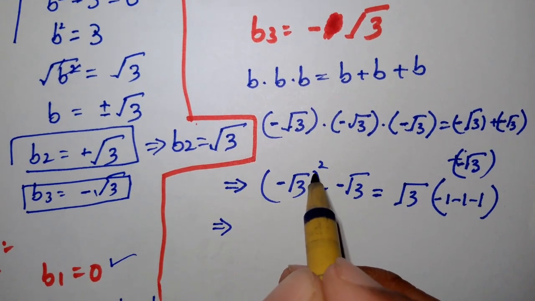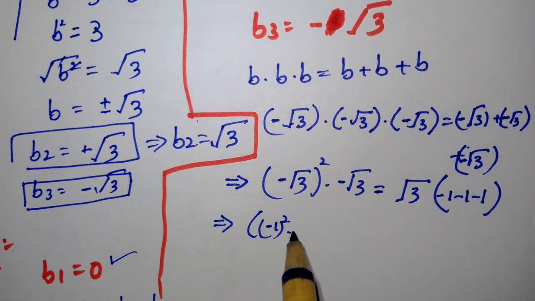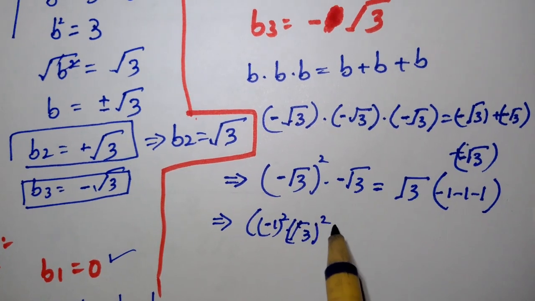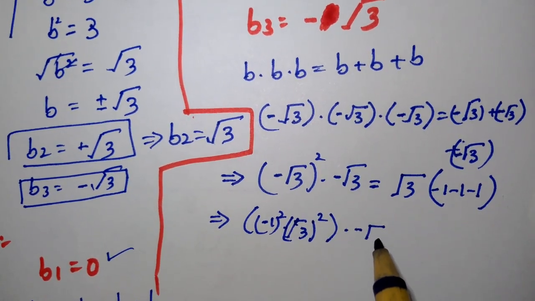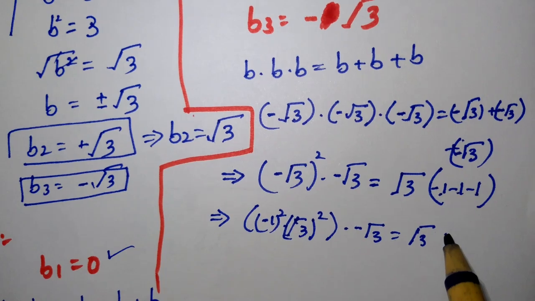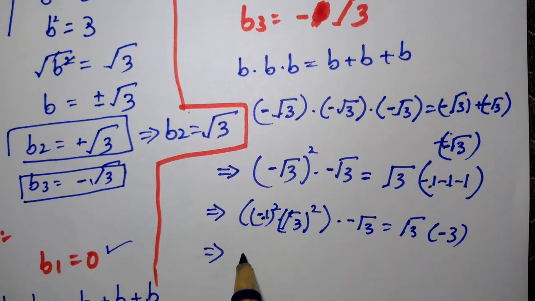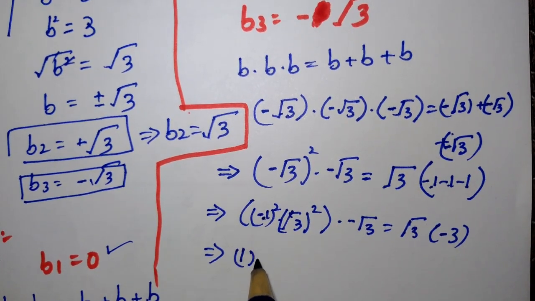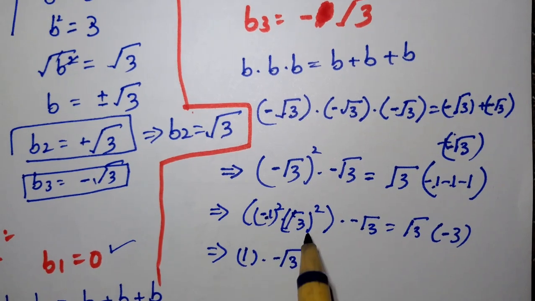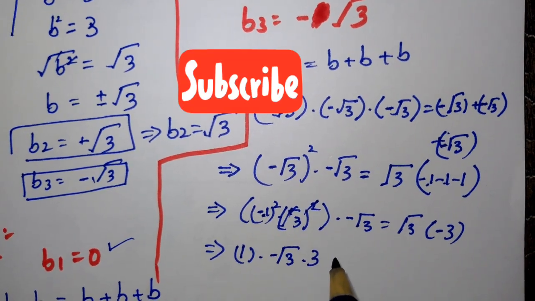Minus 1 square times square root of 3 square times minus square root of 3 is equal to minus 3 on the right. Here minus 1 multiplied by minus 1 is equal to plus 1, times minus square root of 3, and to cancel the square root, this will equal 3,